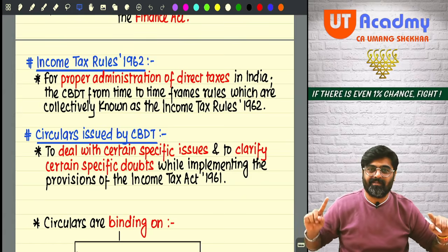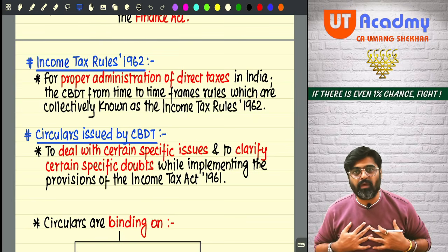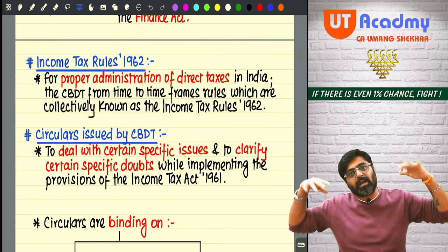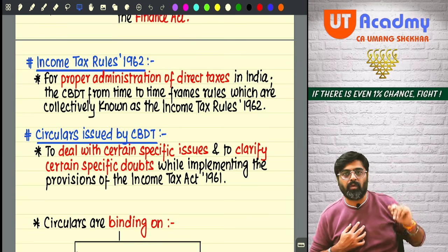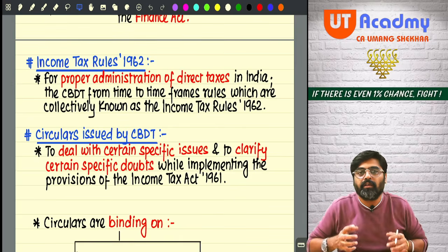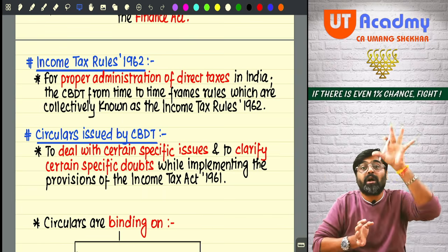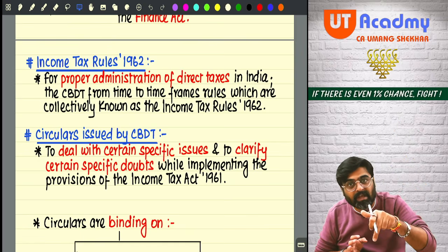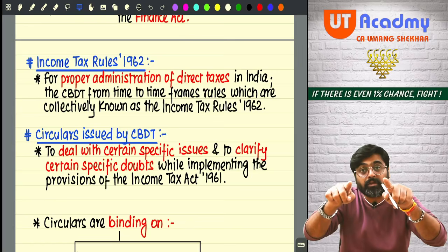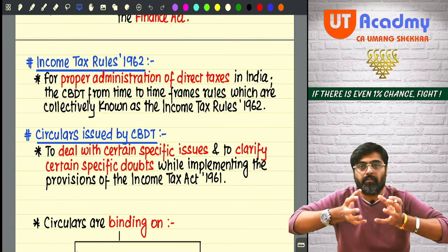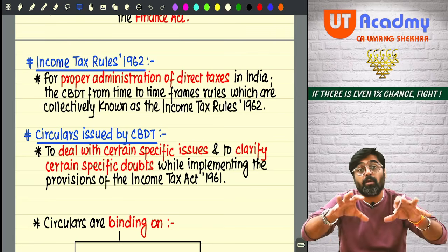or people will do things on their own. That means the same provision is applicable to you, the same provision is applicable to me. We will be following this provision as per our own thinking. Whatever I want to do, I will be doing. Whatever you want to do, you will be doing. There will be no uniformity in doing things for this provision. So the government wants that if the provision is applicable on one person, and on the other person also, both parties follow the same rules to follow this provision. Only then will this provision be followed properly.